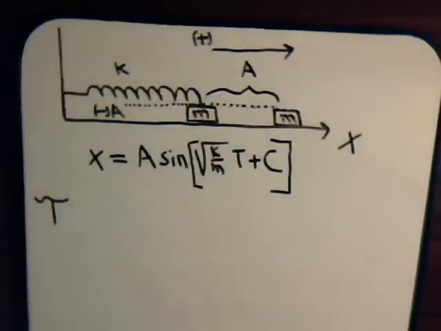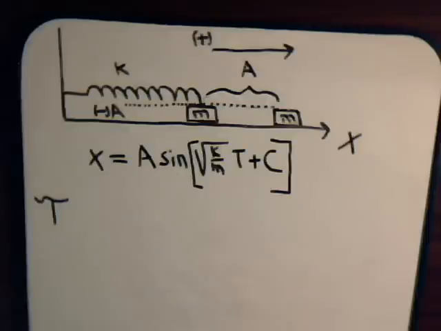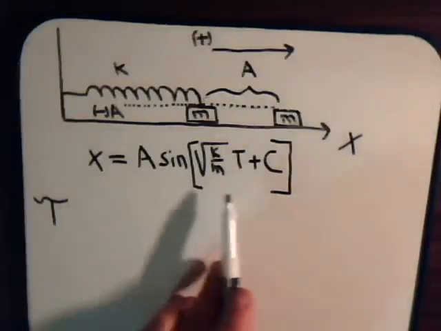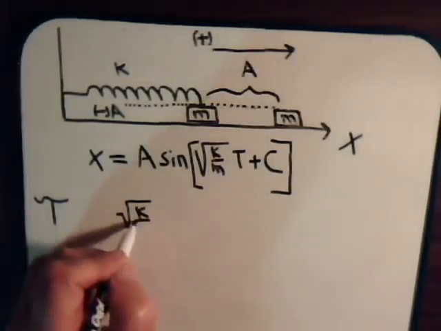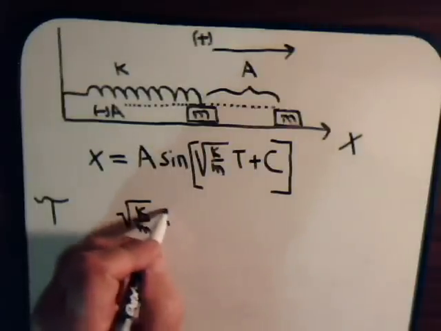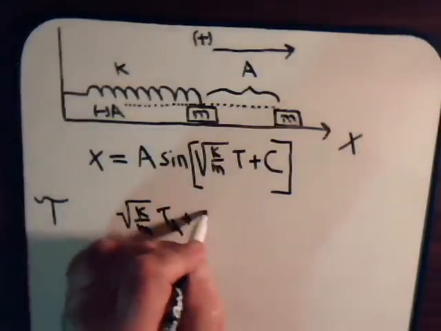So let's think of it like this. We'll work just with what's inside of the sine function here, this quantity. Let's say we have it like this, the square root of k over m multiplied by a certain time plus c,